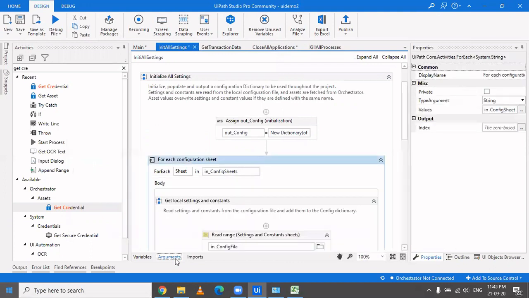What it's going to do is we'll have a normal For Each loop, and we're going to iterate for each sheet in config sheets.